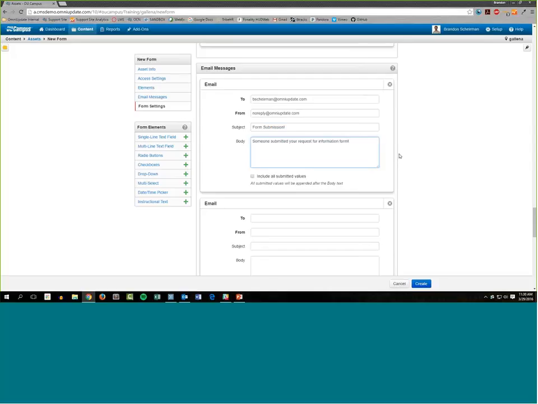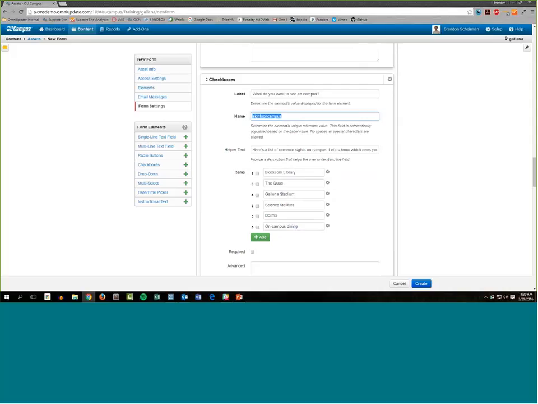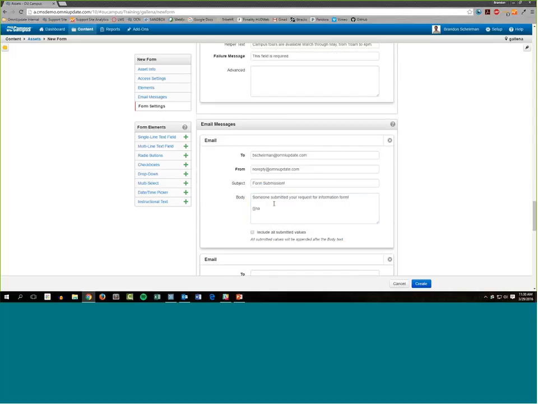And under normal circumstances, what I would have had to do before the release of 10.4 is go down, and inside the body field, do double curly brackets and then start writing in whatever is in the name field for my forms. So for example, in this one, it's sites on campus. I would have to go in and manually add all of these to get that data to appear inside of my form. But now we have this little checkbox that says include all submitted values,